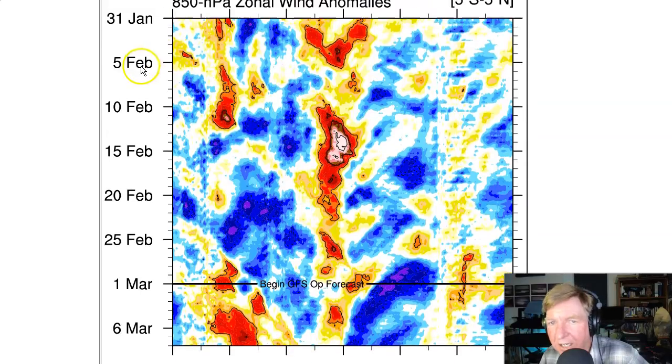And then here is back in time. So if you see reds and oranges in this area, like right here, that's westerly anomalies in the Kelvin wave generation area. You can see right here a pretty good, strong burst of that in mid-February. That was the active phase of the MJO. And then it's been steadily weakening, right? Here is today, very, very weak west anomalies with a little bit of east anomalies building in the far western